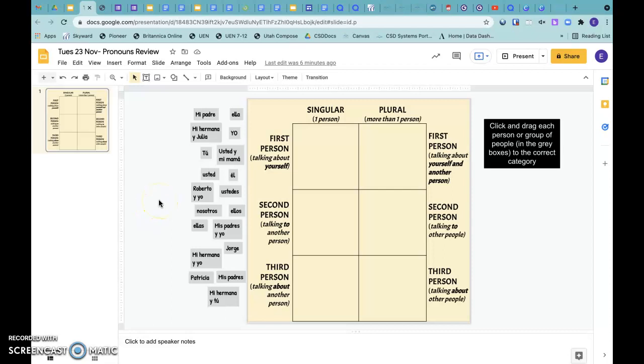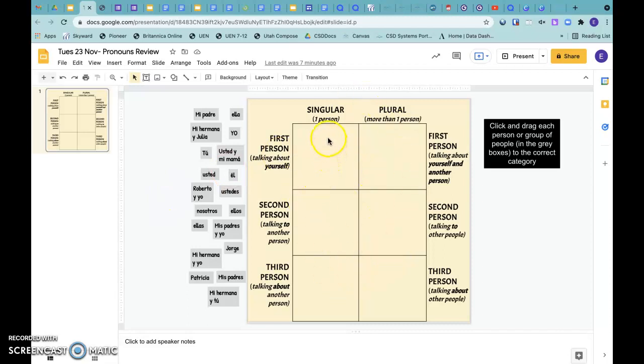These are probably familiar from 1A. Yo, tú, usted, él, ella, nosotros is somewhere in here. So we just wanted to review, make sure you understood them, and we're going to put them in this nifty